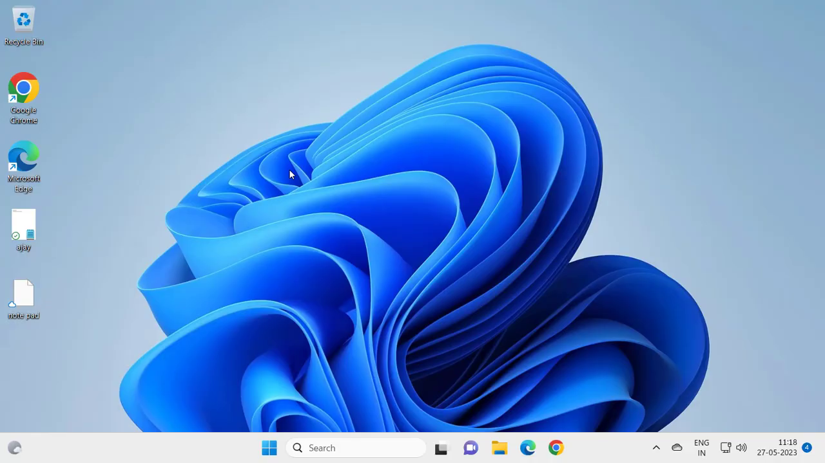Today we are going to see how to move your documents, downloads and desktop folders to different drives that are attached or installed on your Windows 11. Let's jump straight into it. For that, open up the File Explorer